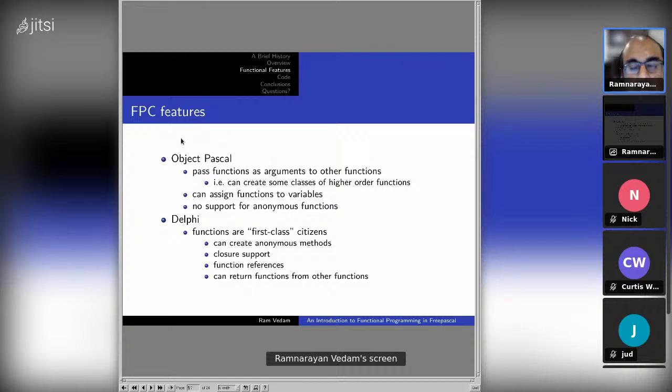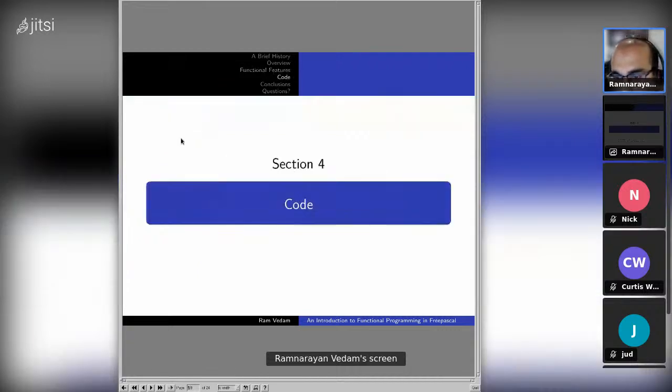I've tried examples for creating anonymous methods, closure support, and function references, which basically allows me to pass functions as parameters into other functions. I can also return functions from other functions, which means I can make function factories or closure constructors as well. So let's look at some code.